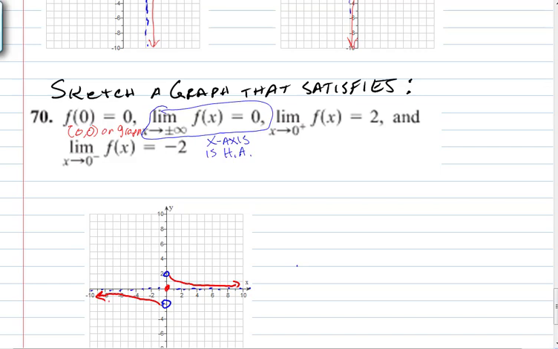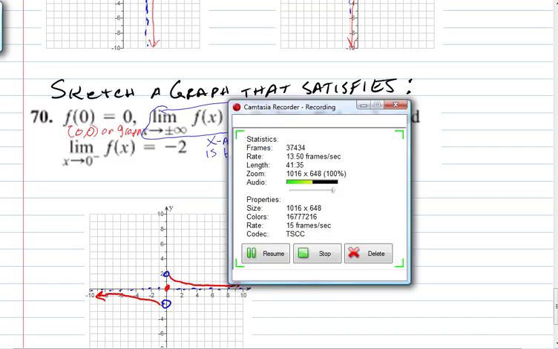Okay? And that wraps up section 2.6. This is the last section that's going to be on your exam on